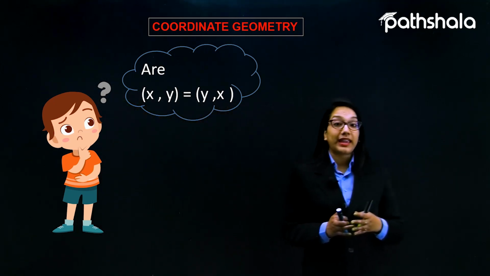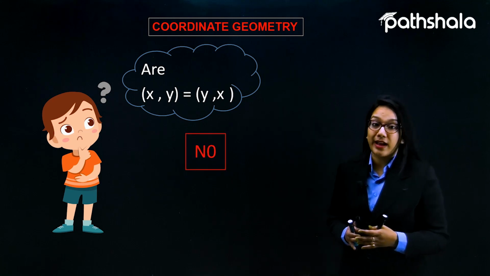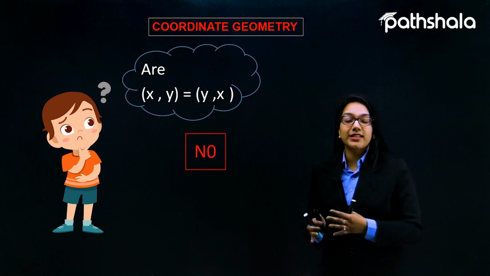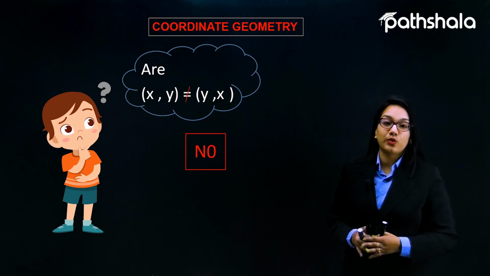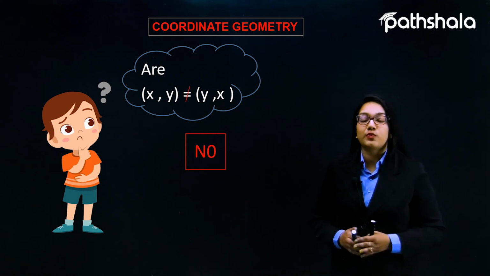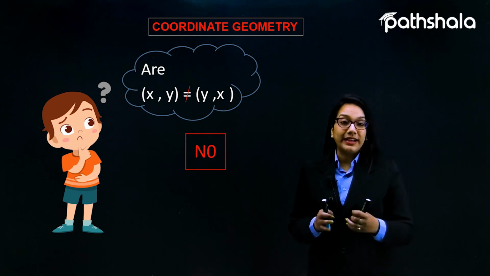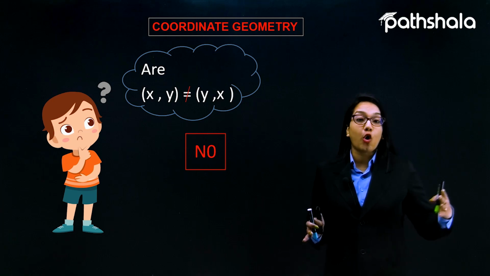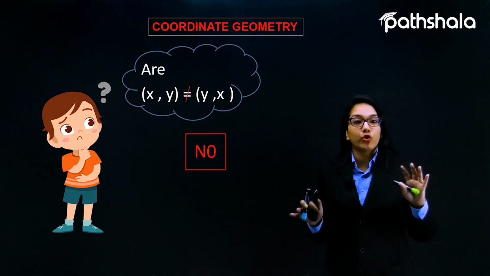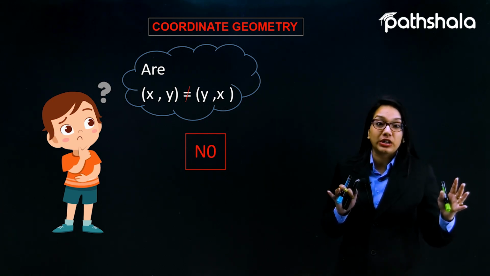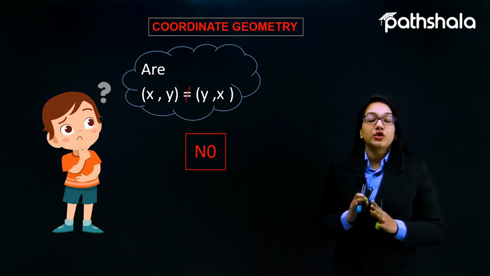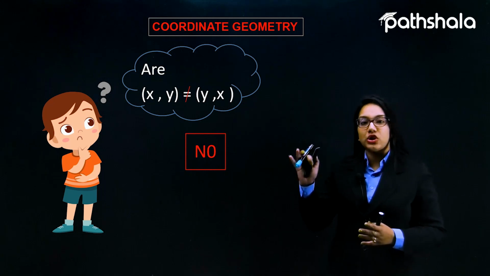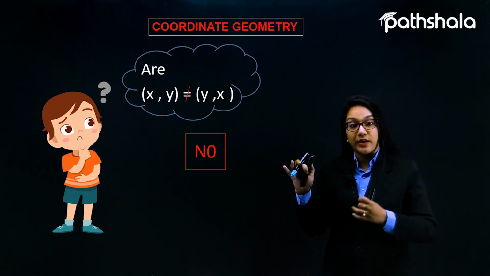(x, y) can never be equal to (y, x). So the answer to this question is that (x, y) can never be equal to (y, x). Why so? Because whenever we write a coordinate as (1, 2), it can never be equal to (2, 1), because the locations of both these points will be different from each other in the xy plane. Before that, let's talk about the definition of such pairs or coordinates,